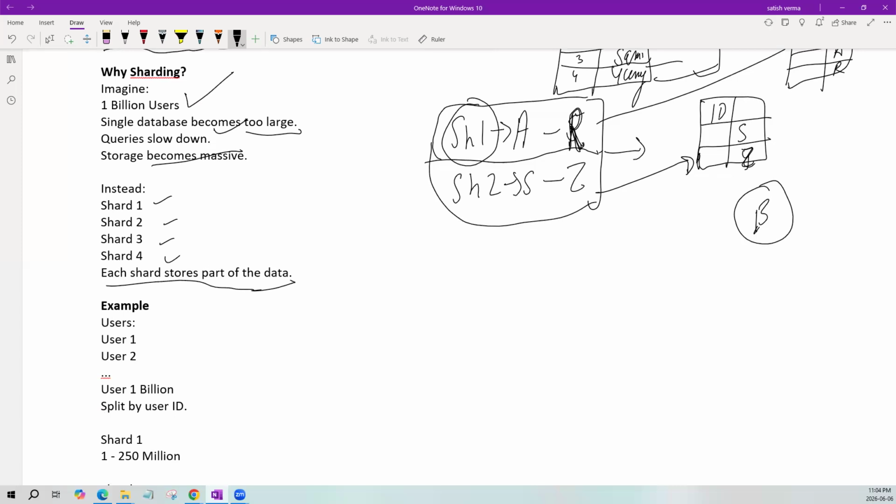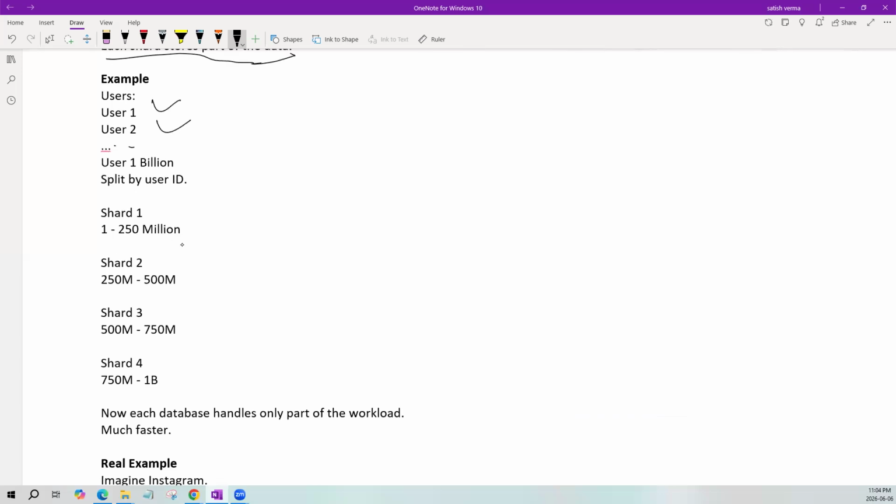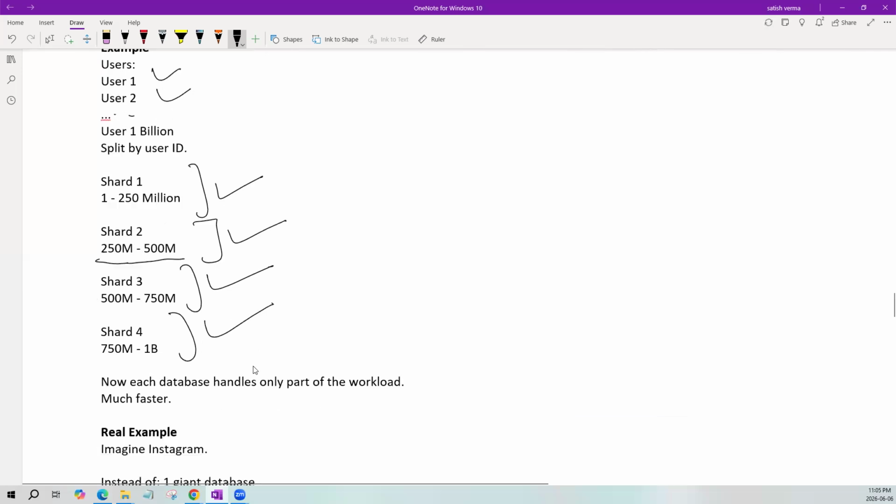But I'll give an example. Just like user one, user two, up to billions of users, split by user ID. Shard one is gonna have one to 250 million. Shard two will have up to 500 million. Shard three gonna have this. Shard four gonna have this. Okay, so